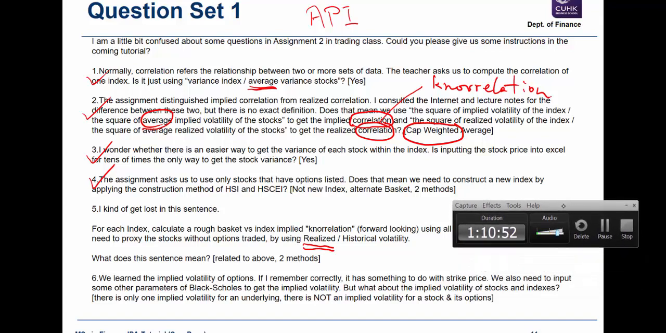Okay. So question 6. We learned the implied vol of options. If I remember correctly, it has something to do with strike price, kind of. We also need to input some other parameters to Black-Scholes to get the implied vol. But what about the implied vol of stocks and index? The comments in square brackets are from me, okay? And I'm saying here there is only one implied vol for an underlying. There is not an implied vol for stocks and its option. In other words,